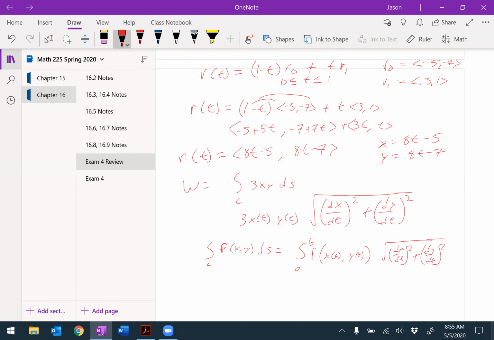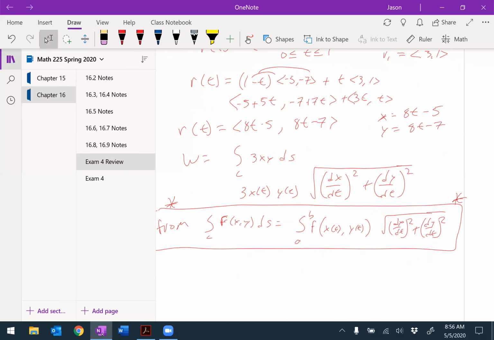Good. So what is x of t? Well, that's going to be the integral, t going from 0 to 1, of 3 times 8t minus 5 times